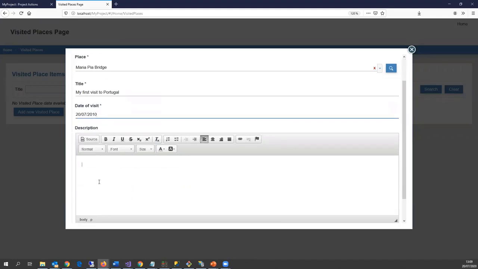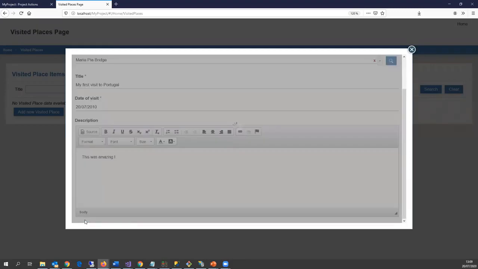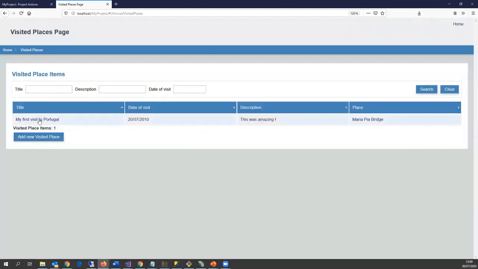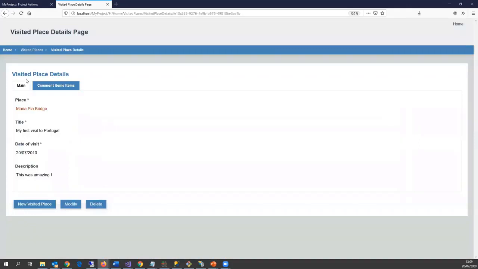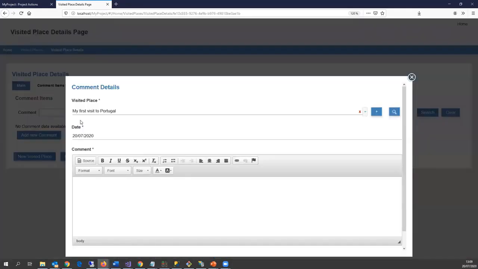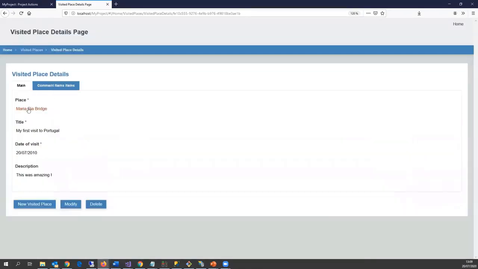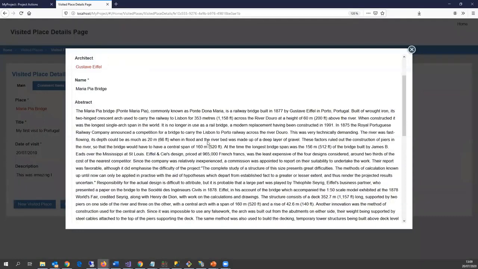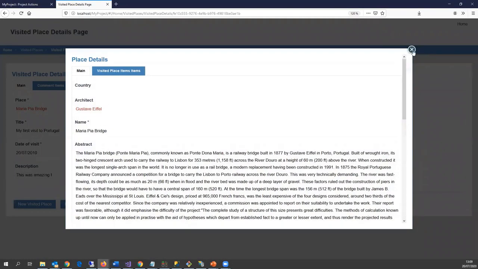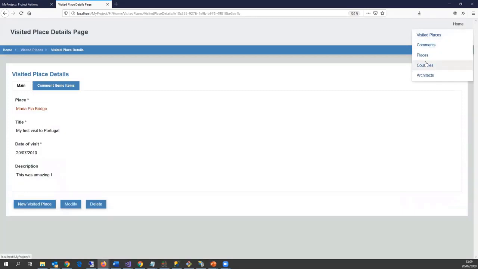And my description. Here I have my first visit to Portugal. I can go to this visit. I can add a comment here. This comment will also be stored in the application database. I can see detail for the Maria Pia Bridge from DBpedia, and I can go to the list of all